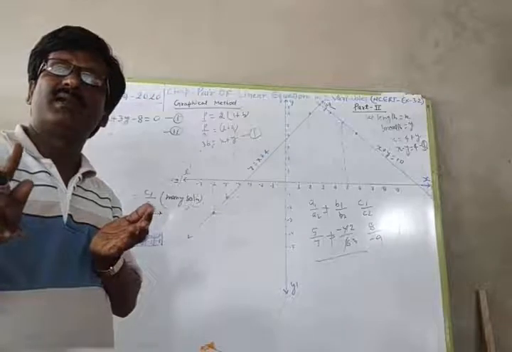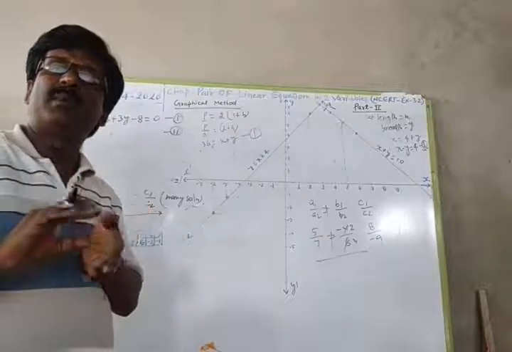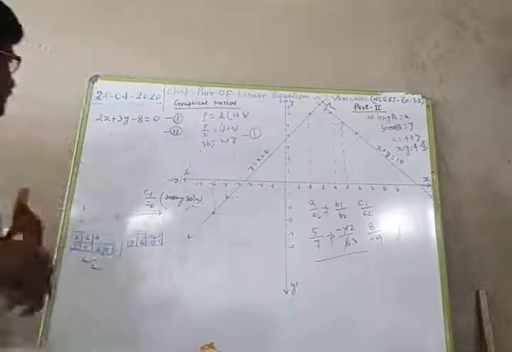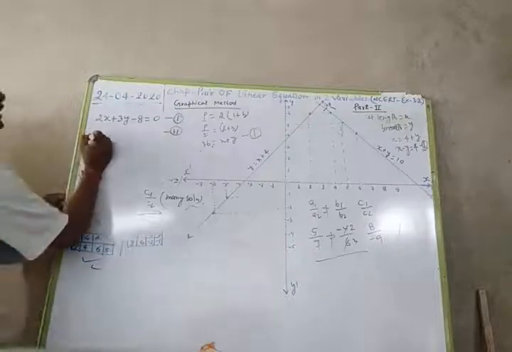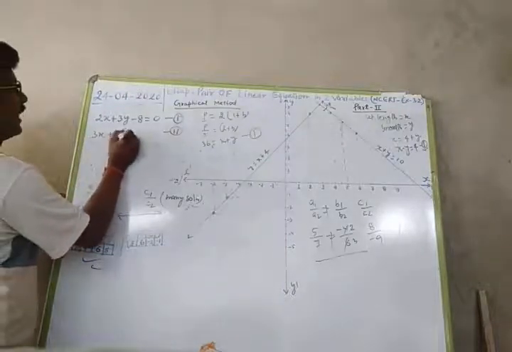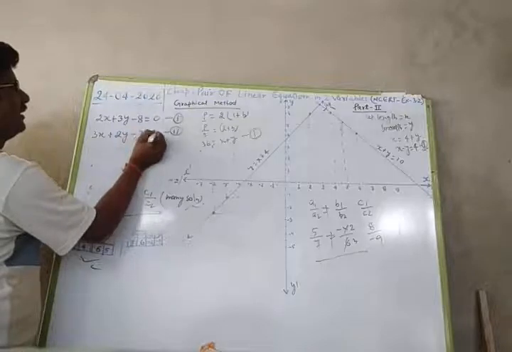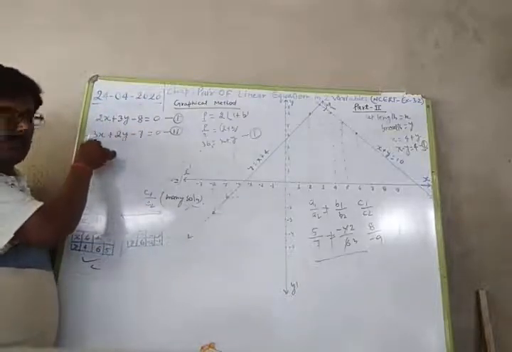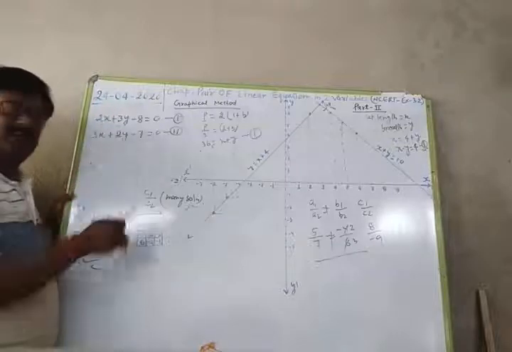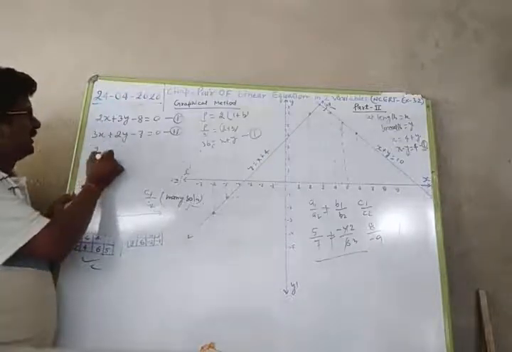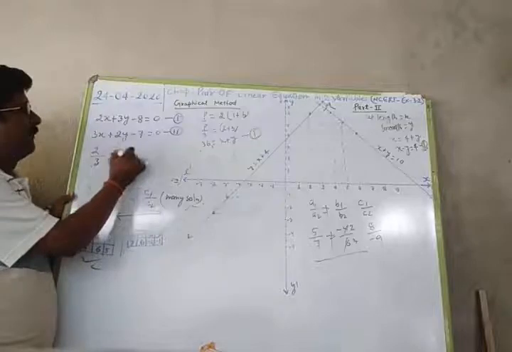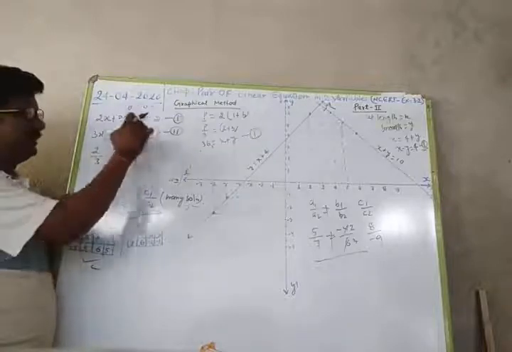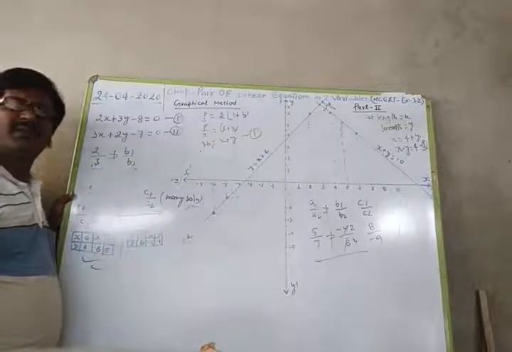But to have intersecting lines, a1 by a2 must not be equal to b1 by b2. So suppose I write 3x plus 2y minus 7 is equal to 0, then a1 by a2 is 2 by 3, and b1 by b2 is 3 by 2. So 2 by 3 is not equal to b1 by b2,